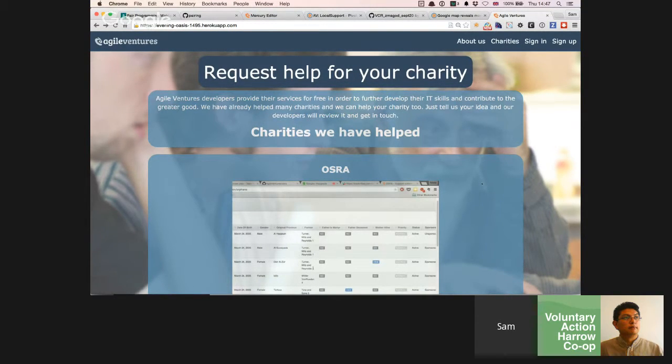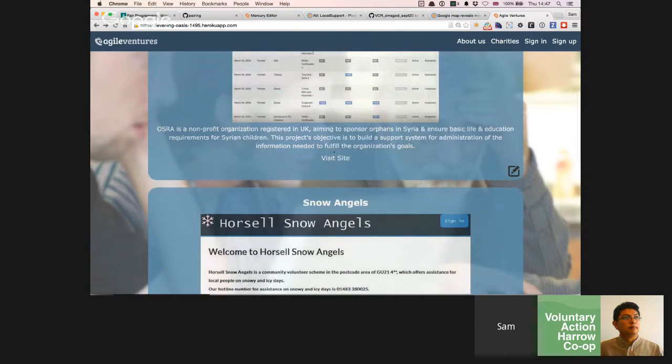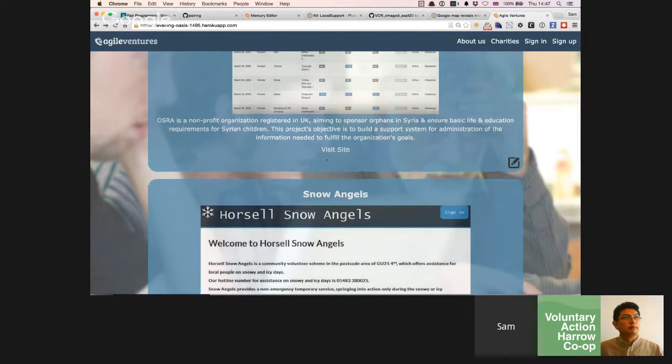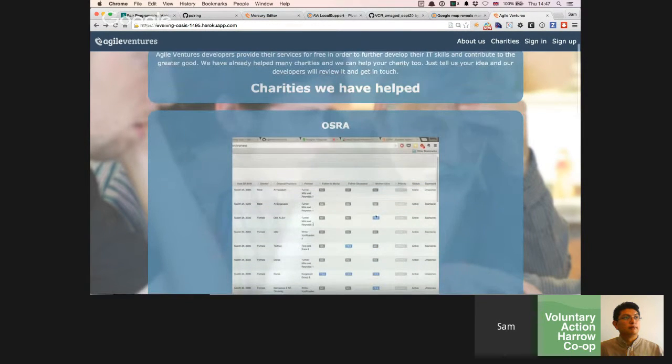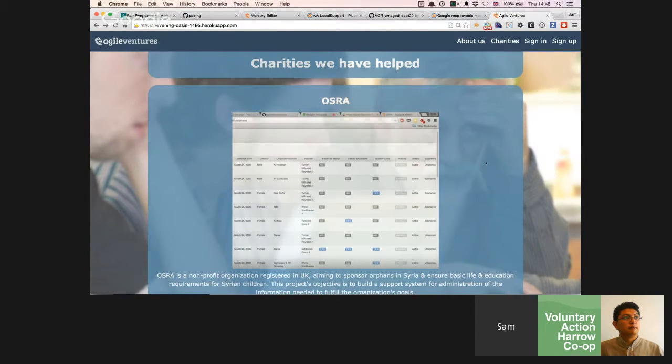The other thing is when you go to visit site, I don't know if it does it. Harrow Community Network, it does come to us. Just the first one, it goes to your Agile Ventures. It does, because this one is a back-end product that's not public-facing. So that might be a bit off-putting just because it's so technical. Yeah, absolutely. I mean, this one is helping Syrian orphans, and so it's like